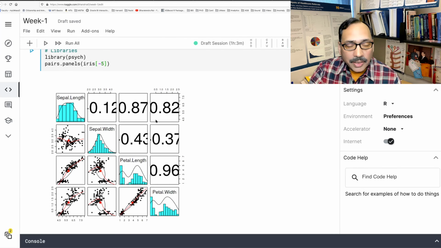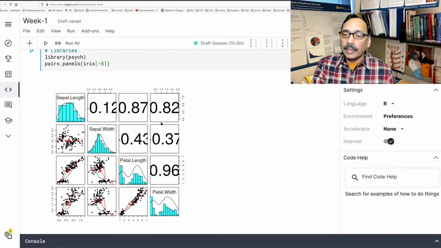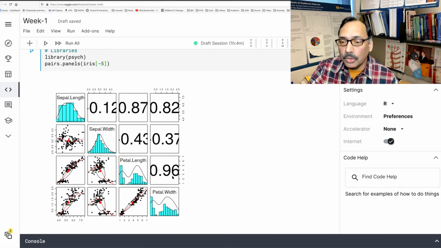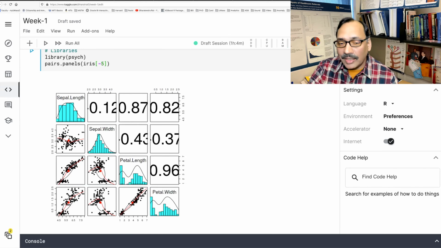And the big numbers that you see in the upper triangle are correlation coefficients. As you know, correlation coefficients lie between -1 and +1. If two variables move in the same direction, one goes up and the other also goes up, like this one, that is a positive correlation between two variables. And you can see the value is very high, 0.96, so very close to 1. It will be 1 if all the dots are exactly on a straight line, which in practice never happens, as that would mean there is no error. But in reality, we know that there are always errors.